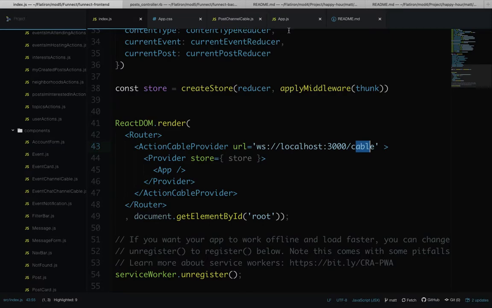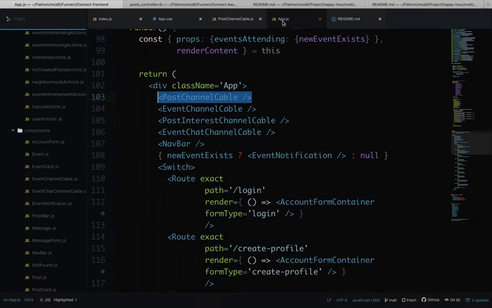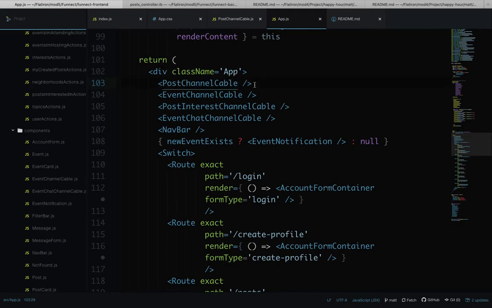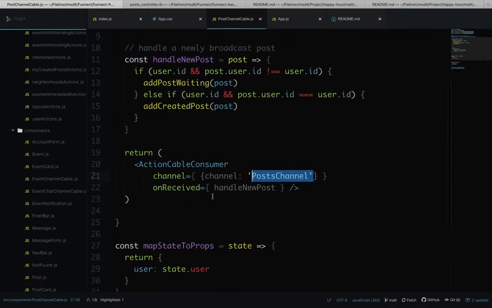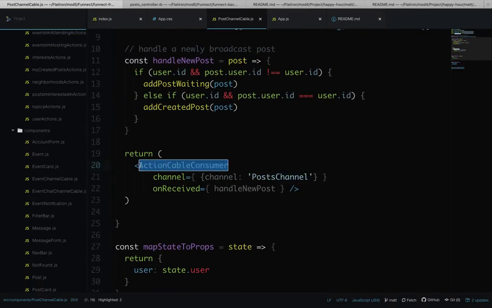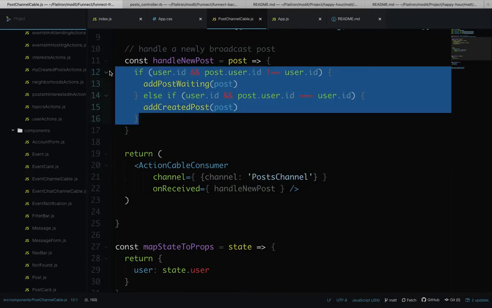And here we're rendering this PostChannelCable, which is this React component returning this ActionCableConsumer, a component that is listening for broadcasts coming through via the post channel. And when it hears something, it's going to take the information that was broadcast and do something with it. Have this aptly named method handleNewPost,